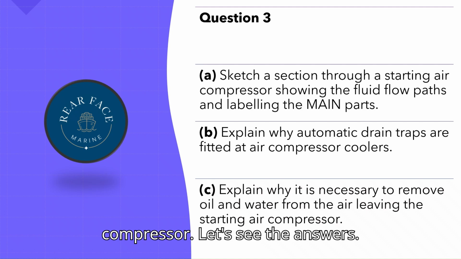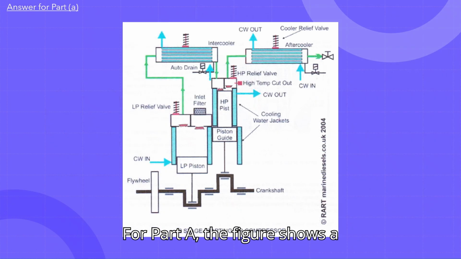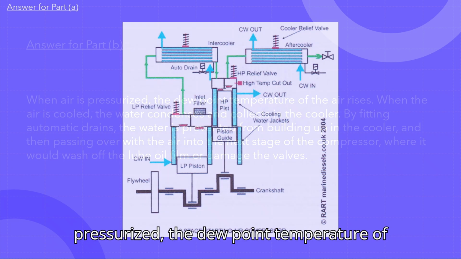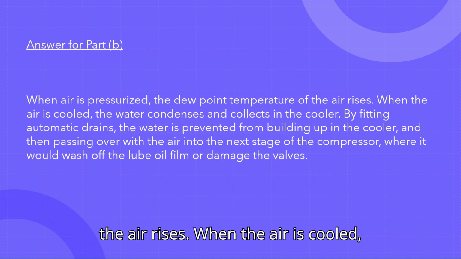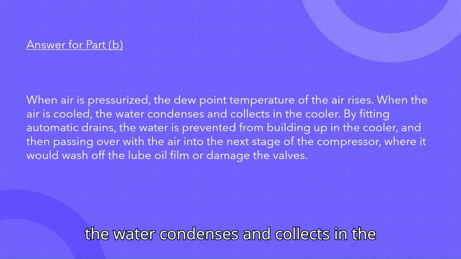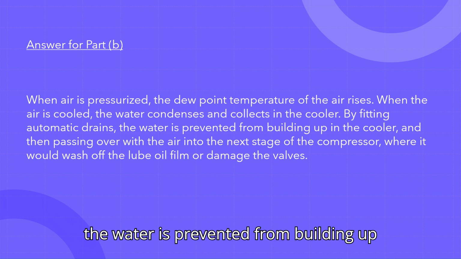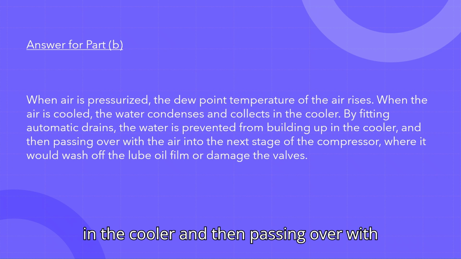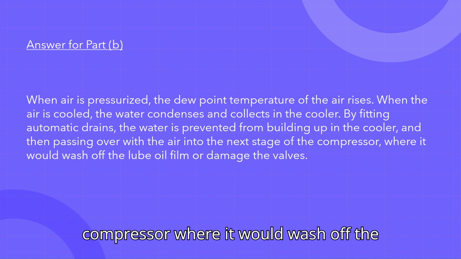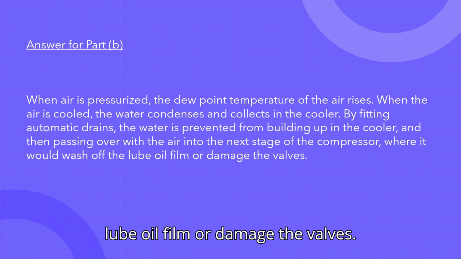Let's see the answers. For Part A, the figure shows a double-stage air compressor. For Part B, when air is pressurized, the dew point temperature of the air rises. When the air is cooled, the water condenses and collects in the cooler. By fitting automatic drains, the water is prevented from building up in the cooler and then passing over with the air into the next stage of the compressor, where it would wash off the lube oil film or damage the